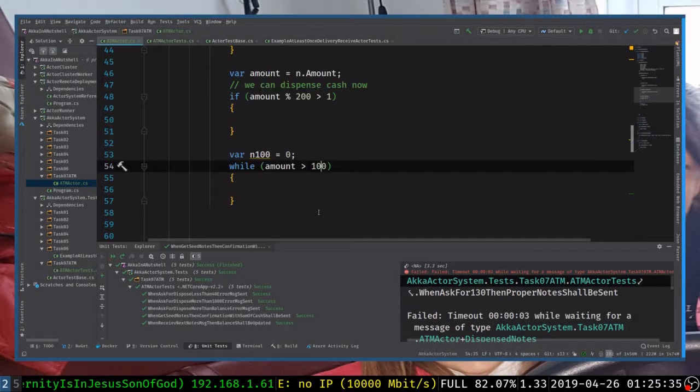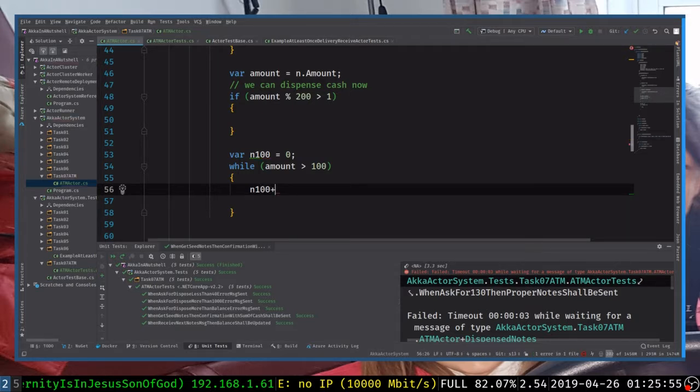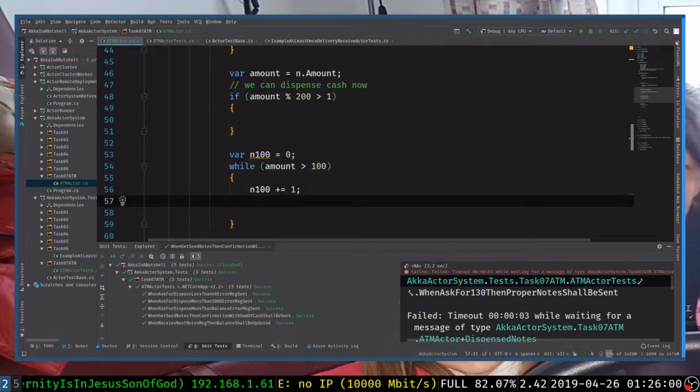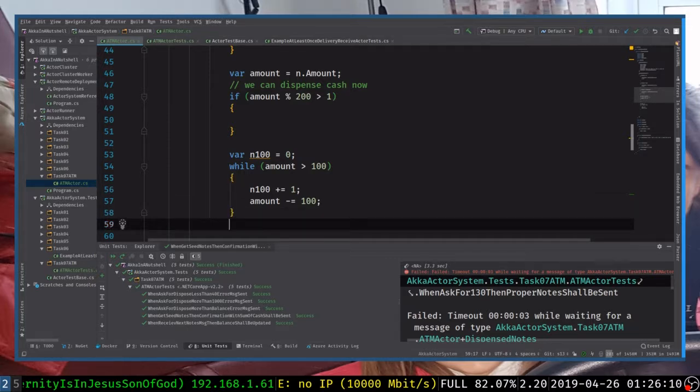So while amount is higher than 2, then what we need to think is that, right, so we need to and then do amount minus equal average, right? So this literally asks